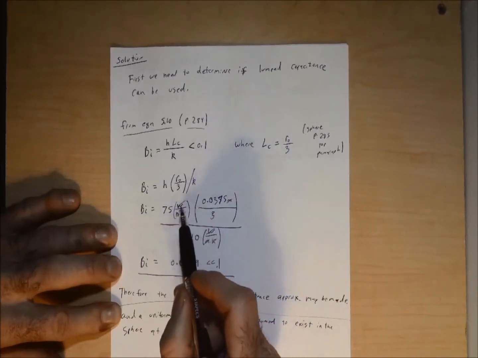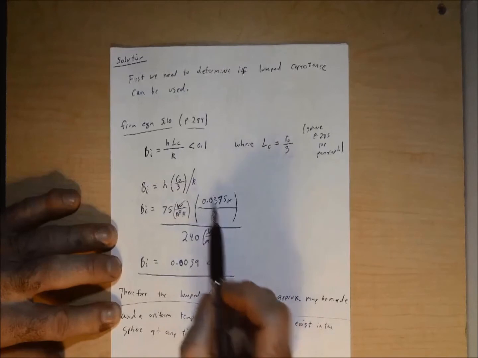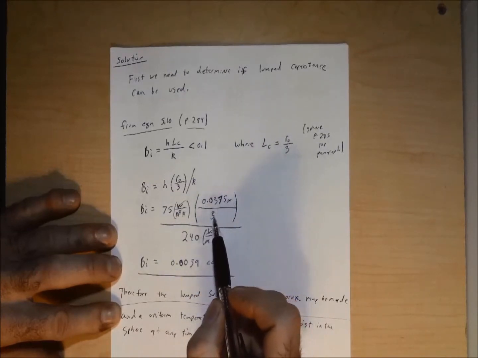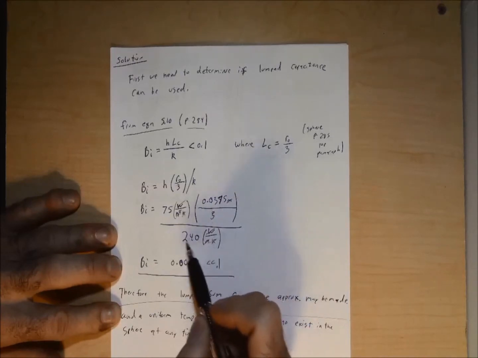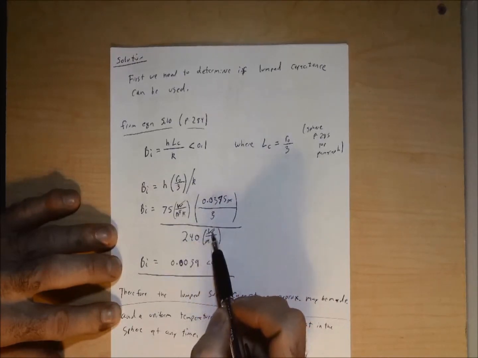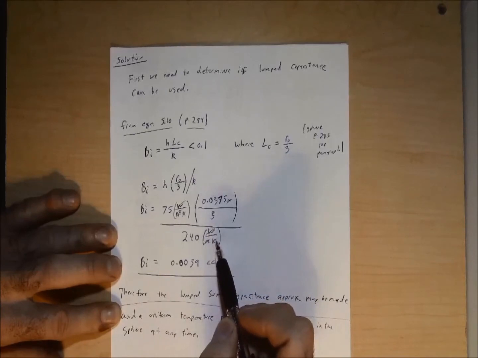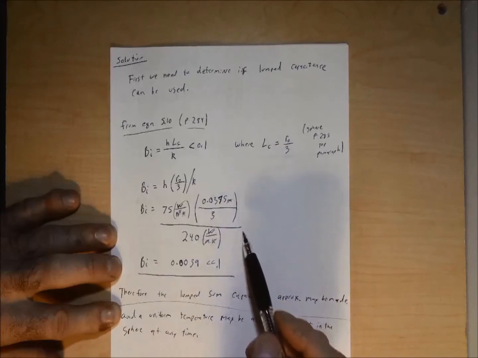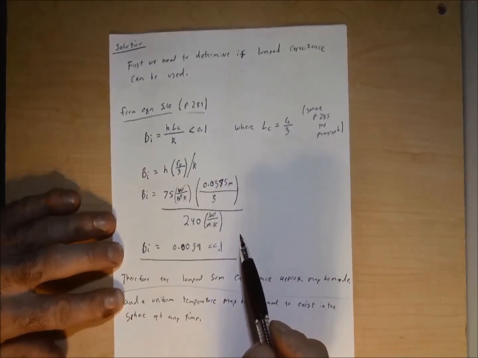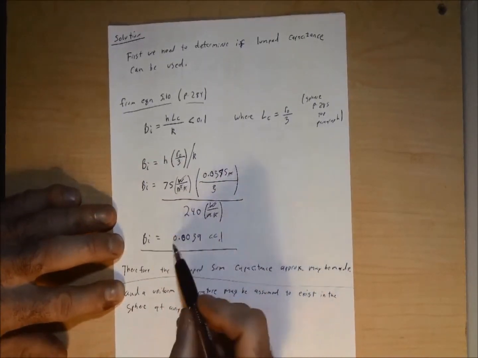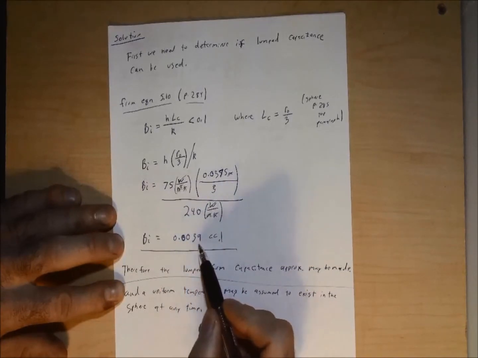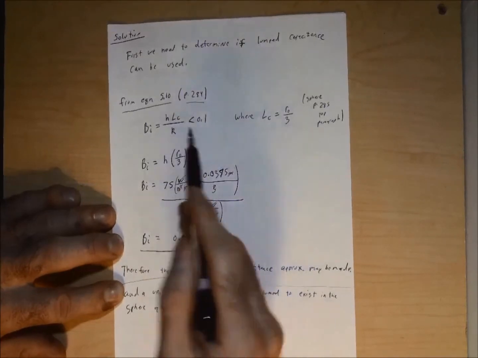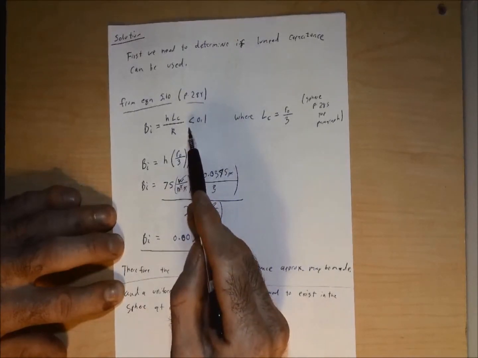in the end. So 75 watts per meter squared times Kelvin. We put our r naught in meters of 0.0375 meters divided by 3. This whole thing divided by k, where k is 240 watts per meter times Kelvin. Now when we plug this all in, we can cancel out our units. This ends up being unitless, which is exactly what we'd expect, so that's a good double check there. So Bi is equal to 0.0039, which is much less than our 0.1, so therefore we can use this up here now with the assumption